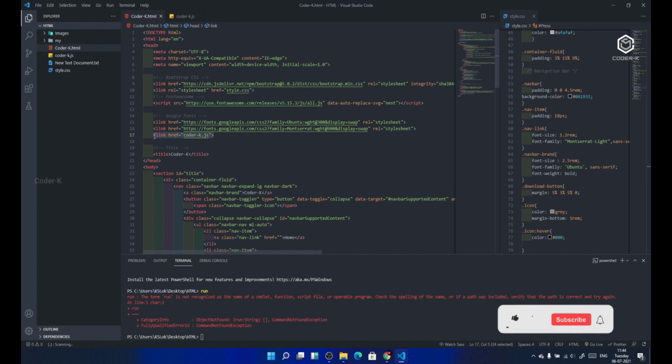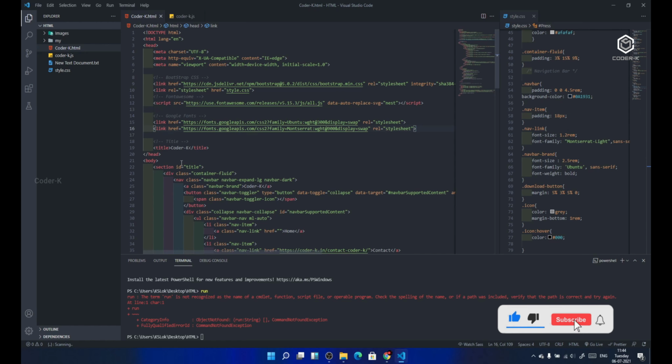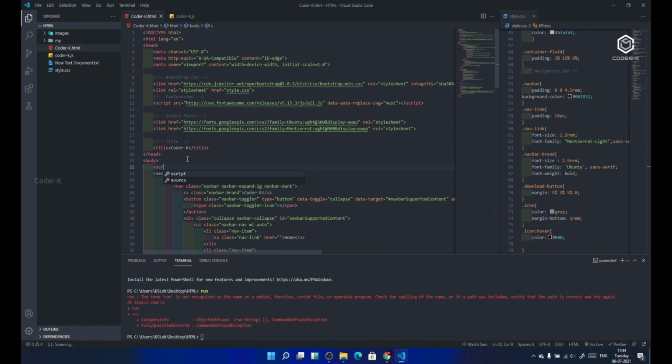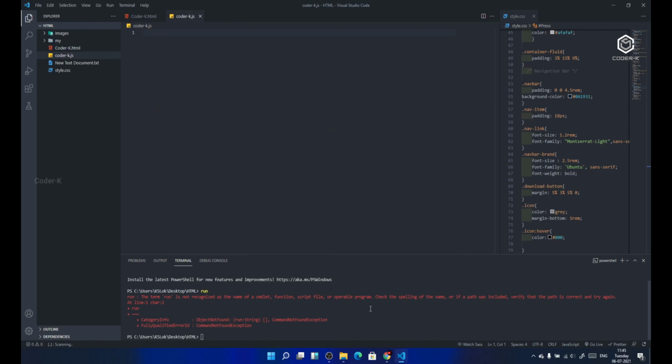Sorry guys, JavaScript doesn't link here. It should always be linked in the body section. So that's why I again give a script tag, and now I give a source. Here in this source I provide Course-Coder-K-JavaScript. Okay, now the thing will work when we write the code here. I write an alert,